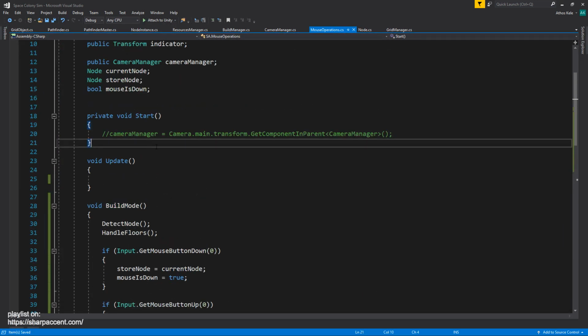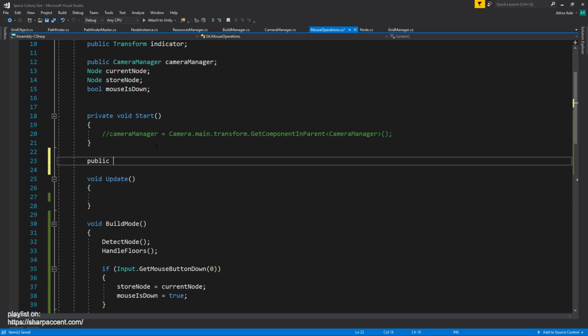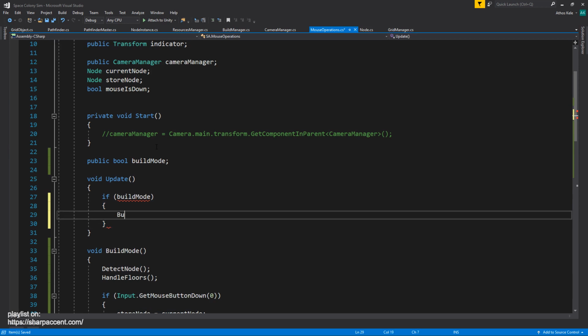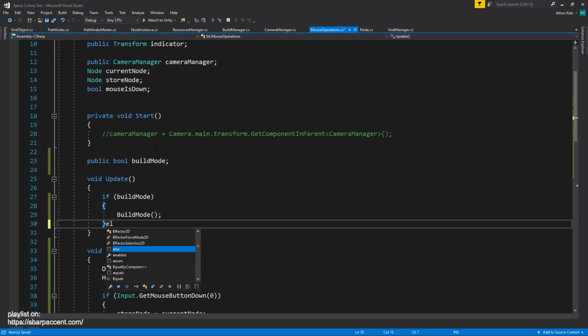And I'm going to add public bool. Actually, we don't need to be building right now. We're actually going to need it later. Public bool, and say build mode. If build mode, call that method, otherwise